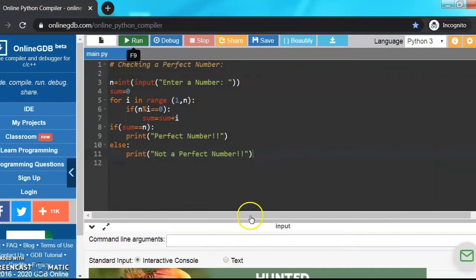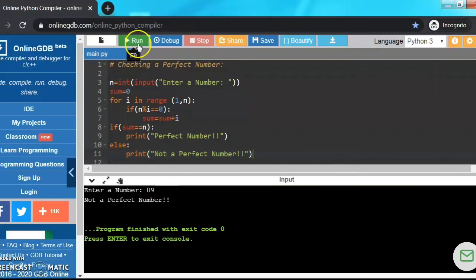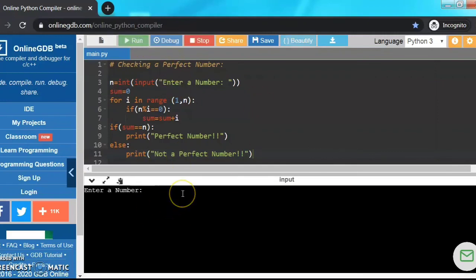Let's try running it. So let's enter a random number, 89, not a perfect number, and I know that 6 is a perfect number, so 6